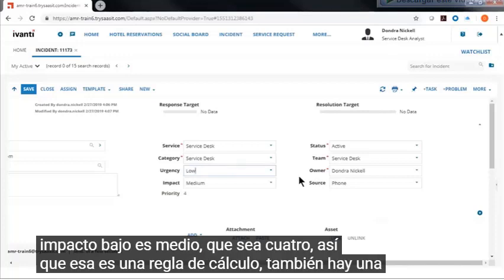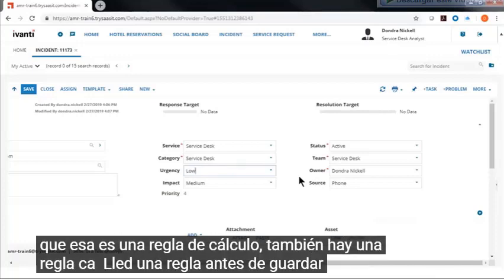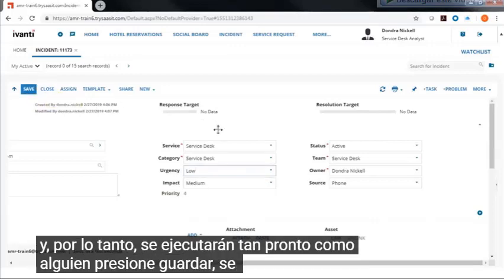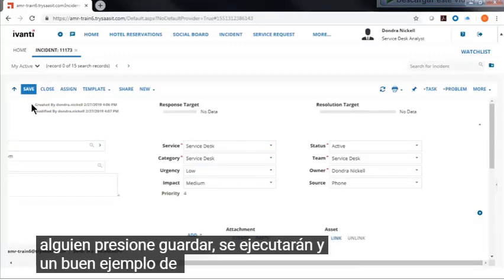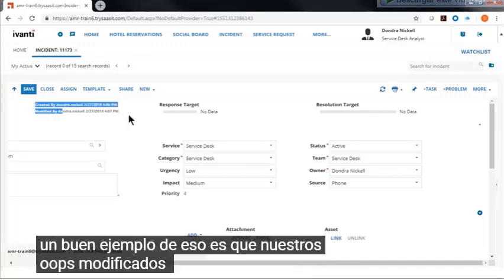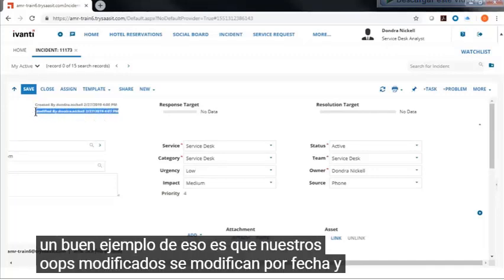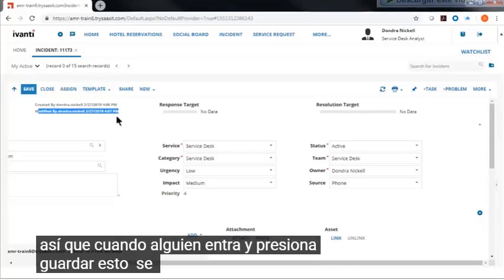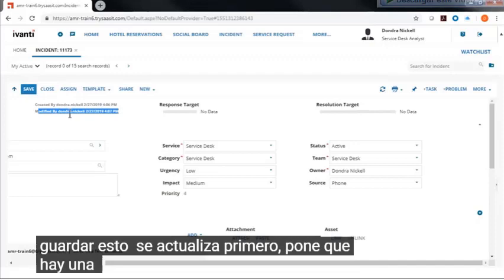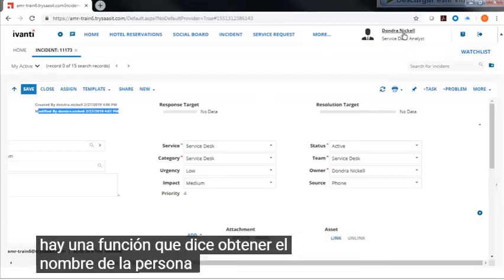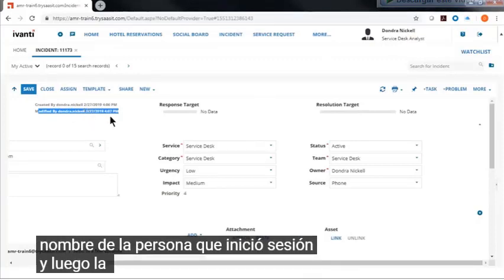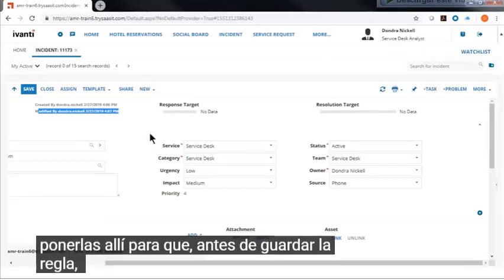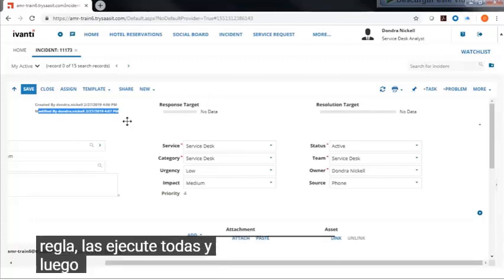There's also a rule called a before save rule. And so those would be run as soon as somebody hits save. A good example of that is our modified by date and time right down here. So when somebody goes in and they hit save, this gets updated first. There's a function that says get the person's name that's logged in, and then the current date and time, and put those in there. So before save rule, it's going to run all of those and then actually save the